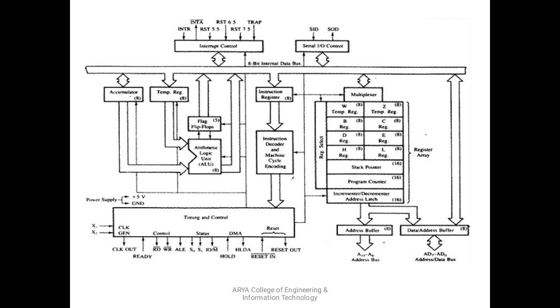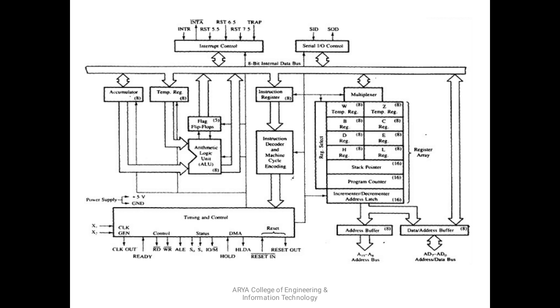There are basically 6 general purpose registers of 8-bit, which are B, C, D, E, H, L. These registers can be used as 16-bit register pairs as BC, DE, HL. Here 2 special purpose registers are also used, known as the stack pointer and program counter. The stack pointer basically holds the recent entry of the instruction, whereas the program counter holds the next instruction to be executed.